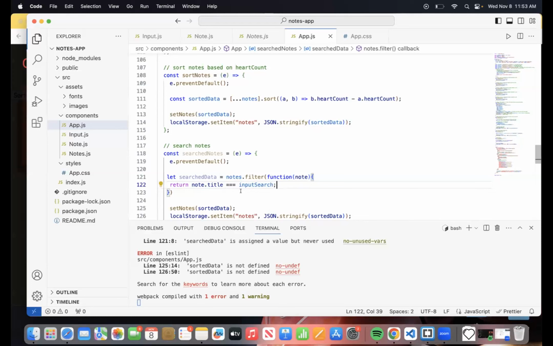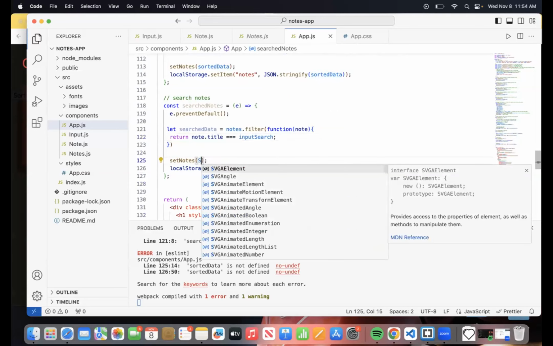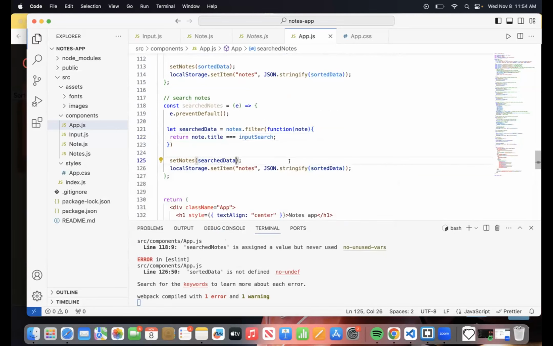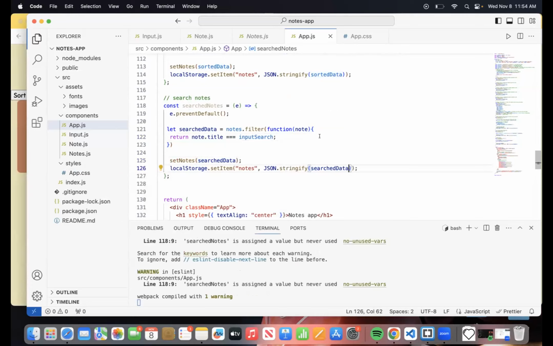Okay? Afterwards, what we have to do, we have to change this where we set the notes to our search data and load it in the local storage as well. Okay, that seems simple enough.